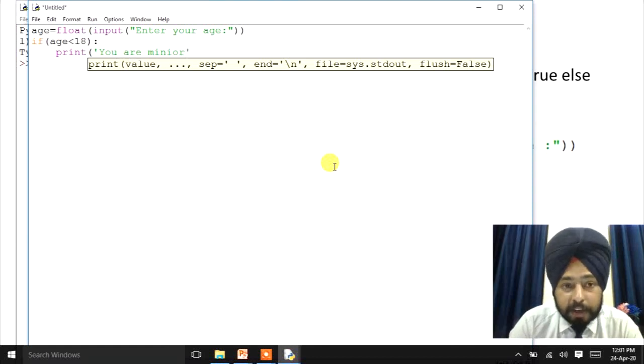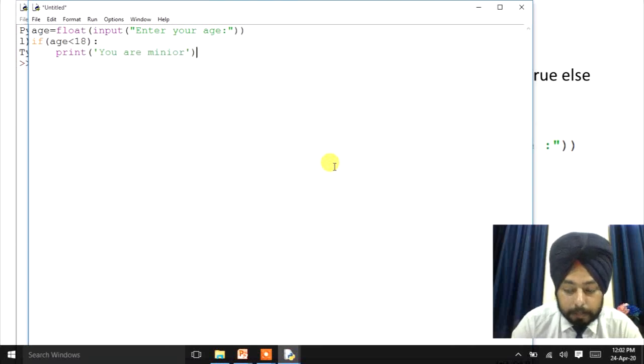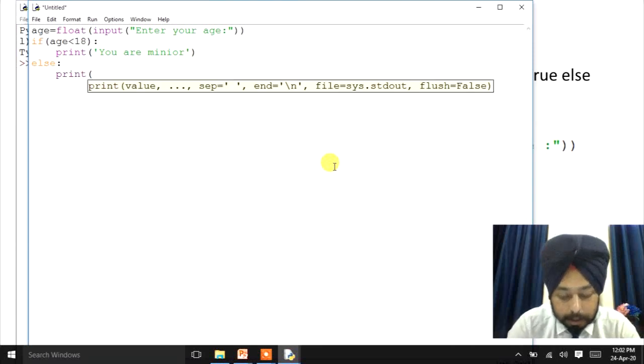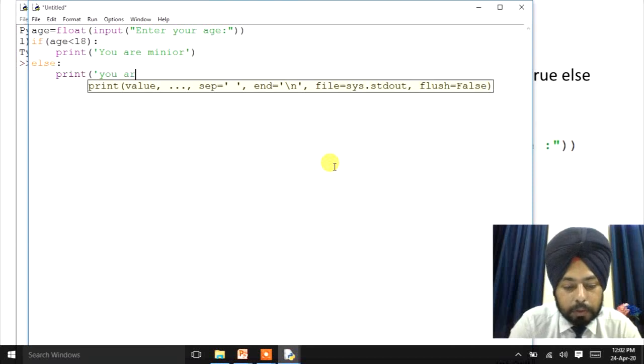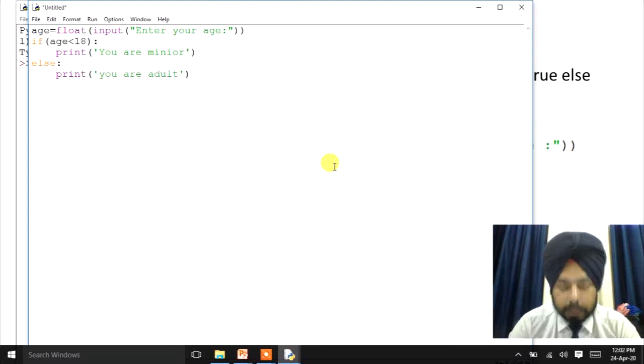If age is less than 18, then it will print you are minor. Else print you are adult, right? So this is the program.